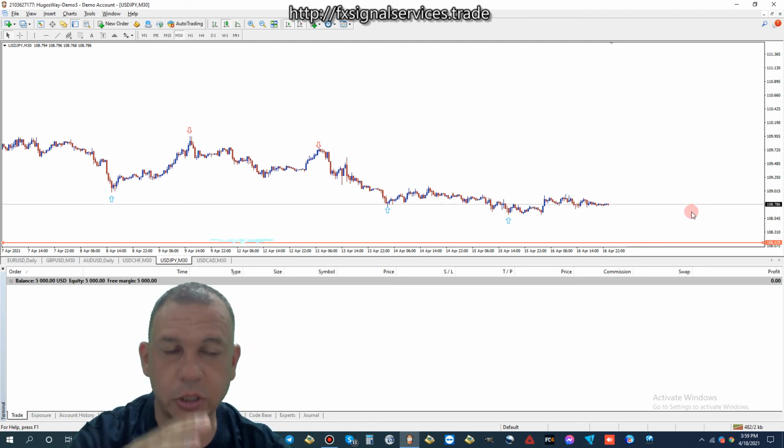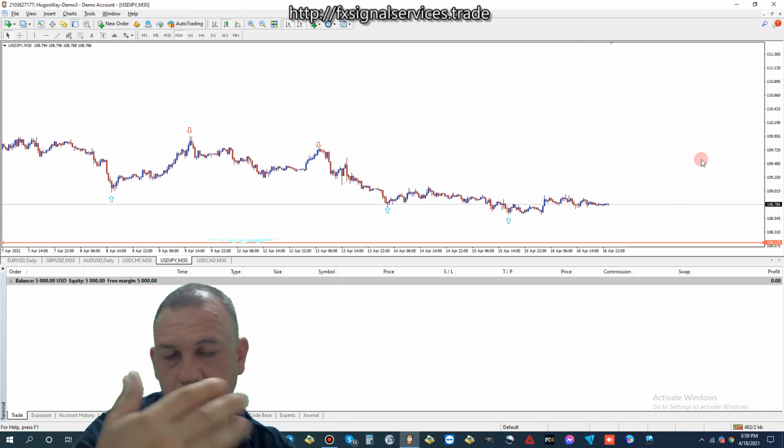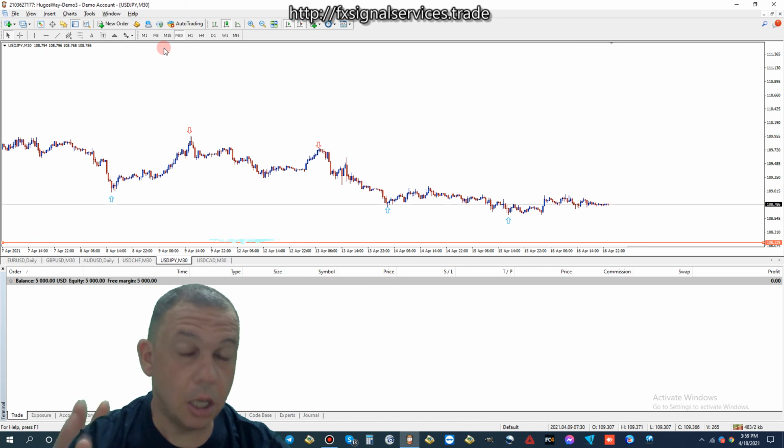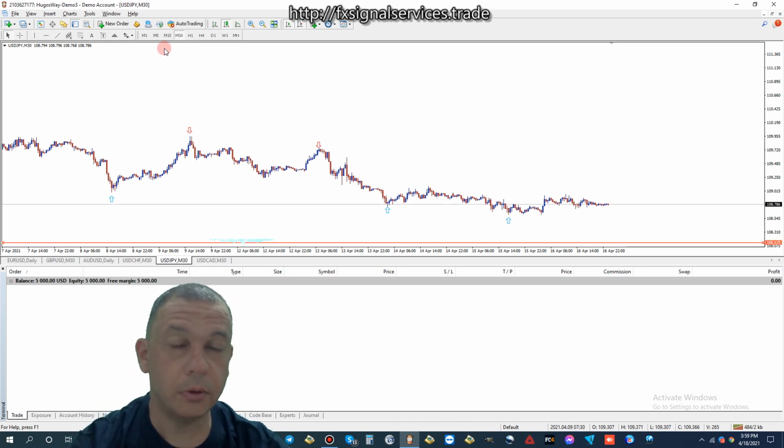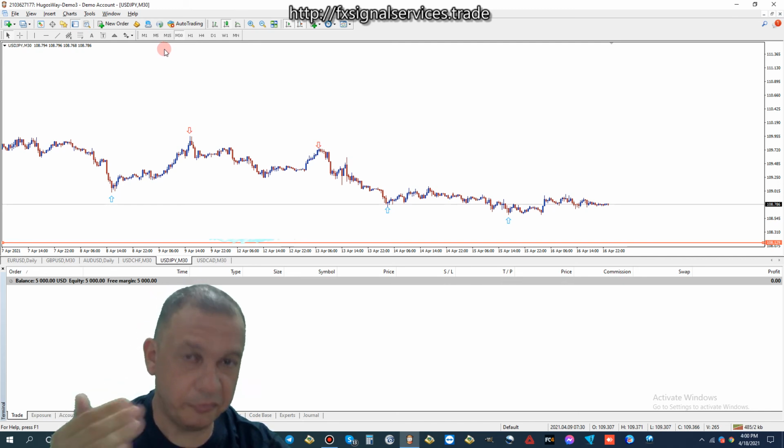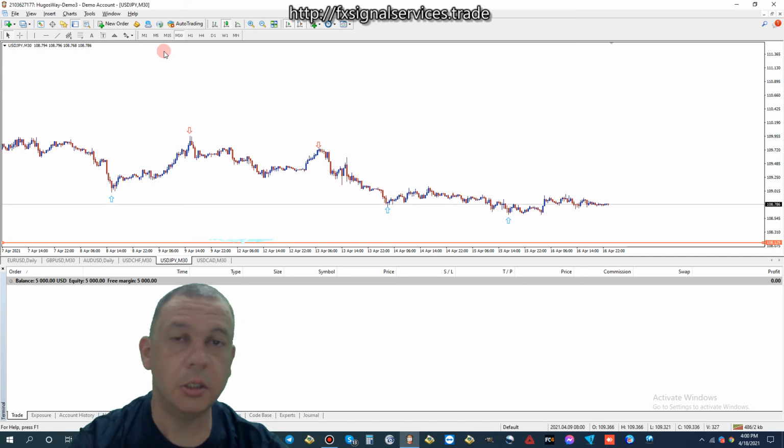We should see mostly range of market. In the beginning of the week, we should see a drop, and then by the end of the week it'll go back up again. Long term, it's definitely going to be going up. Probably this week we're going to see most of the range of market. The following week we should see more of an uptrend develop.